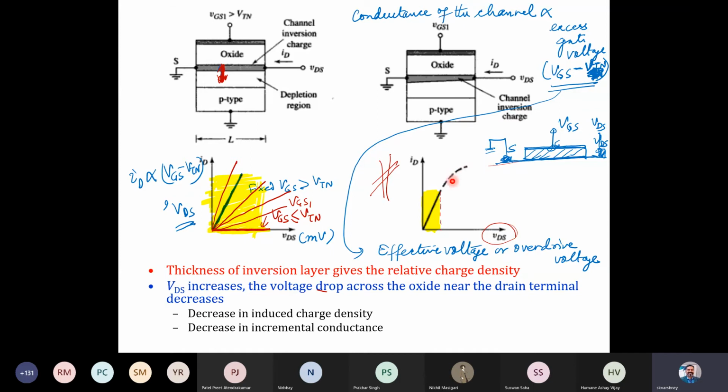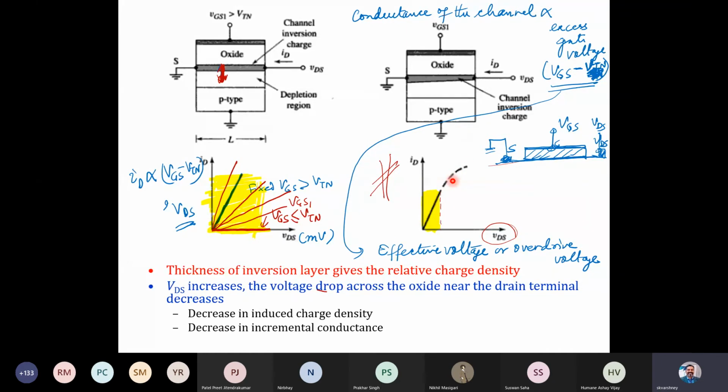I will show you that in the next few slides. As we keep increasing, it becomes nonlinear, and then becomes almost independent of VDS, meaning it reaches the saturation point and the device enters saturation mode. Why does this behavior happen, deviating from the linear relationship?